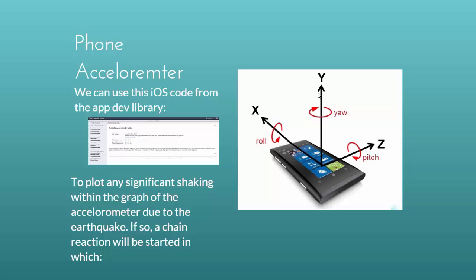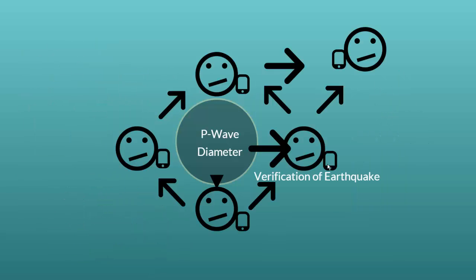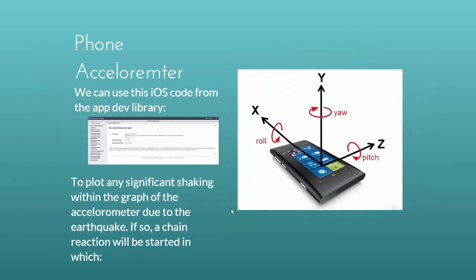Even if the person using the phone doesn't realize it, the phone accelerometer will graph the slight shaking. That significant sudden shake will cause an alarm, a chain reaction basically, in seconds after the first person. And so that is how we utilize a phone accelerometer to warn people about an earthquake, as well as detect